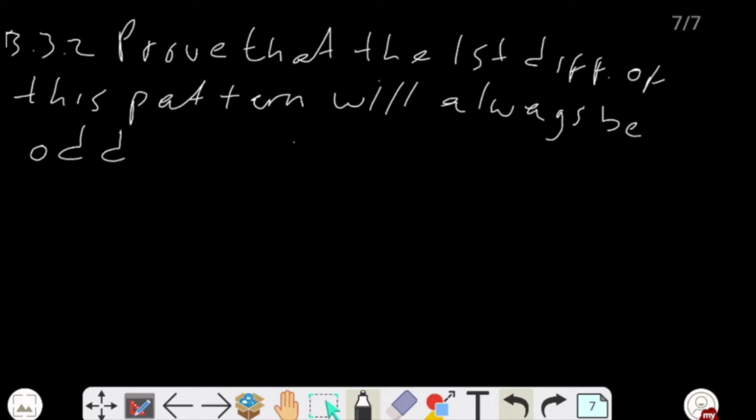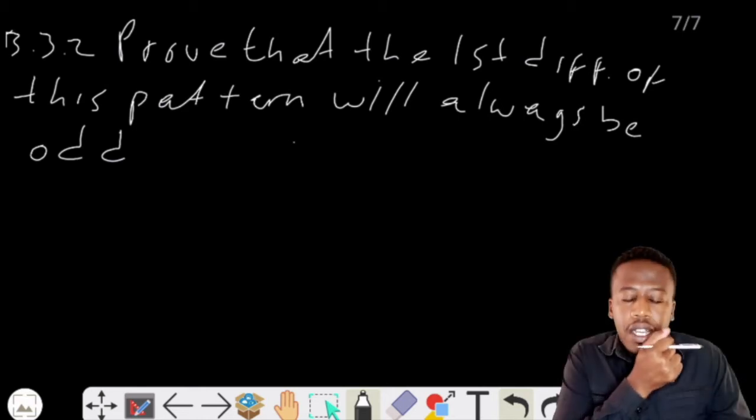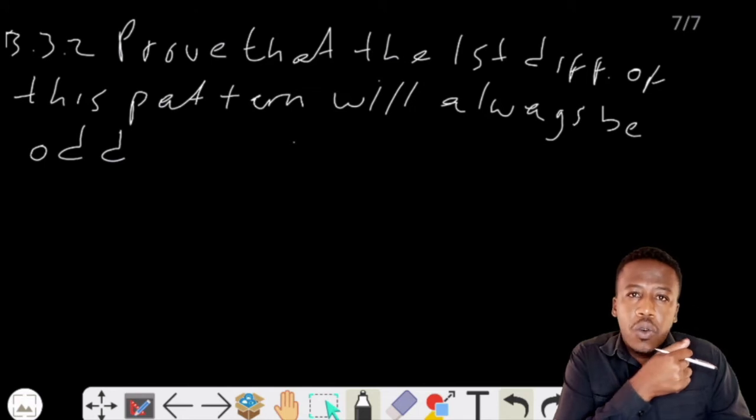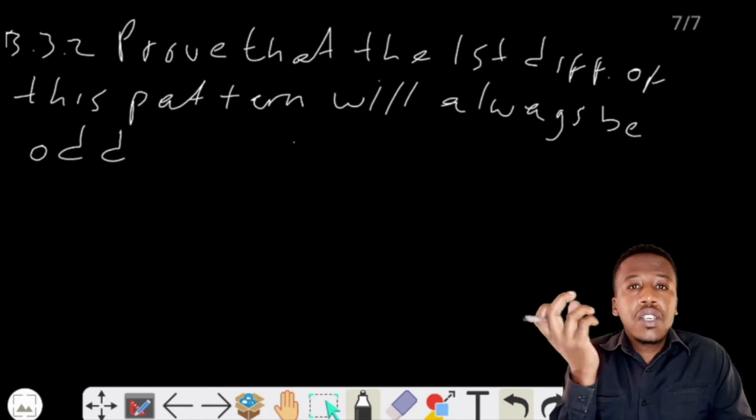Meaning, what do you need to prove then? You need to prove that the first difference in that pattern, whatever you have, will always be odd, meaning it won't be a whole number,